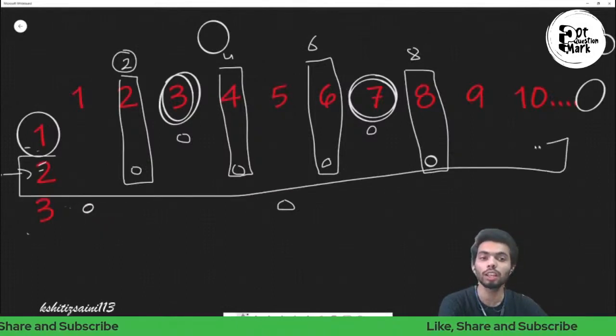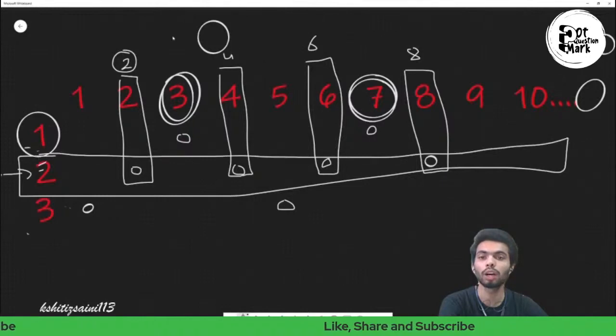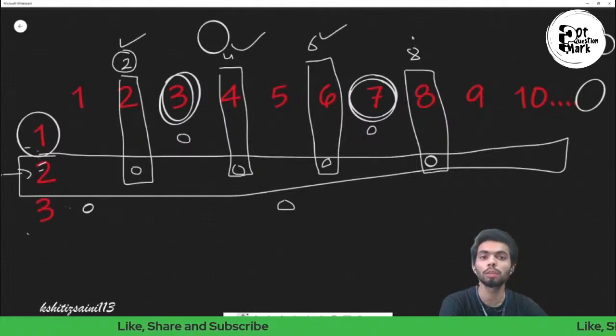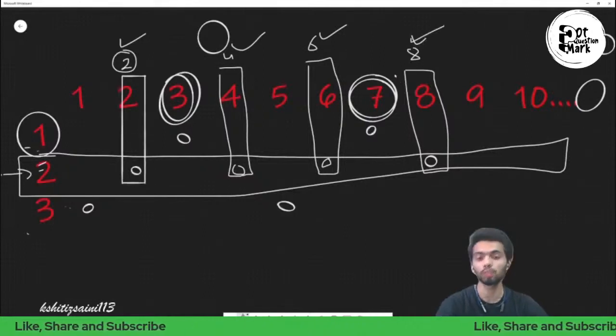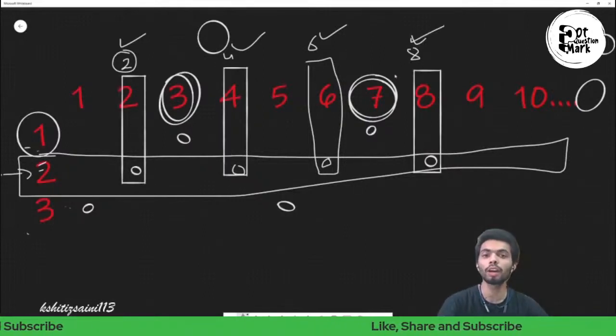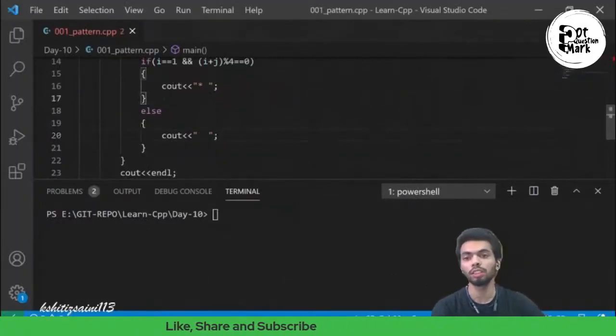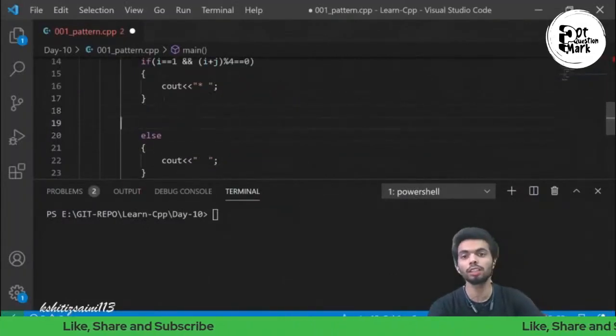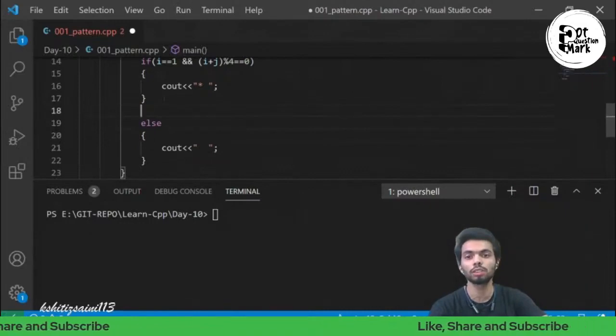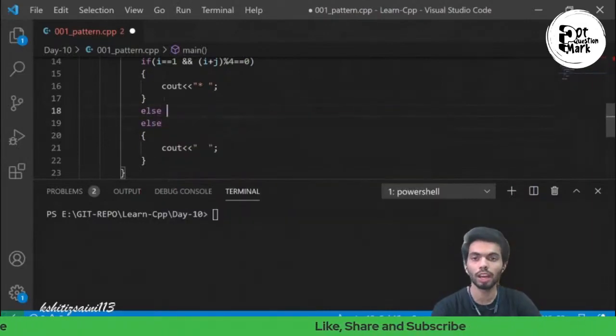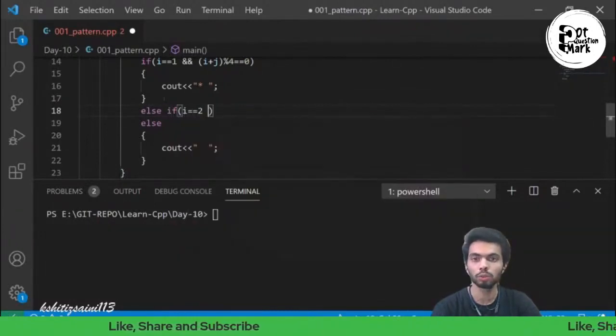तो अब जो मेरा ये आ रहा है that is the multiple of 2। अब जो मेरी this line, इस लाइन में मेरे मल्टीपल ऑफ 2 आ रहे हैं। तो अब मैं क्या करूंगा, I will use another statement to check if there is multiple of 2 and when there is multiple of 2 I will print star। तो अब मैंने इसके अंदर एक कंडीशन और दे दी। इसके अंदर अब आपको else if का I think सबको आइडिया होगा, else if is there in your class as well। तो I am using else if, if मेरा i is equal to 2 and